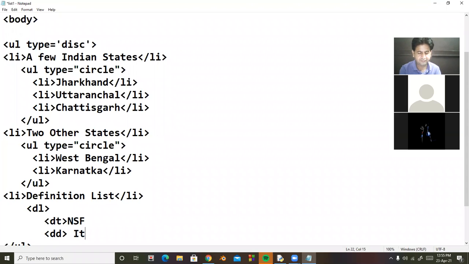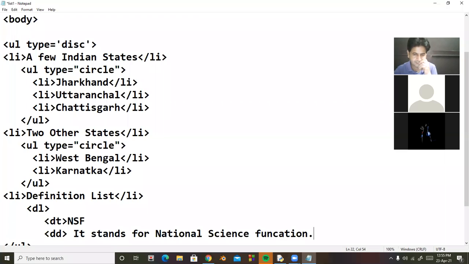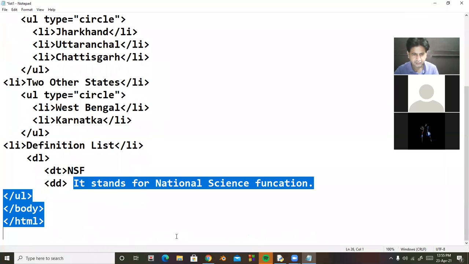It stands for National Science Foundation. I am repeating this line again and again in order to make a definition of a few lines.